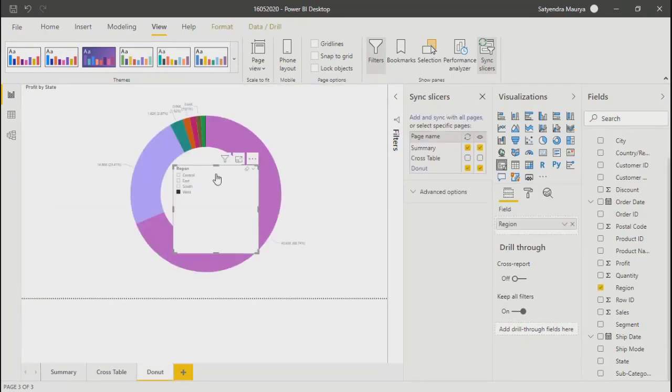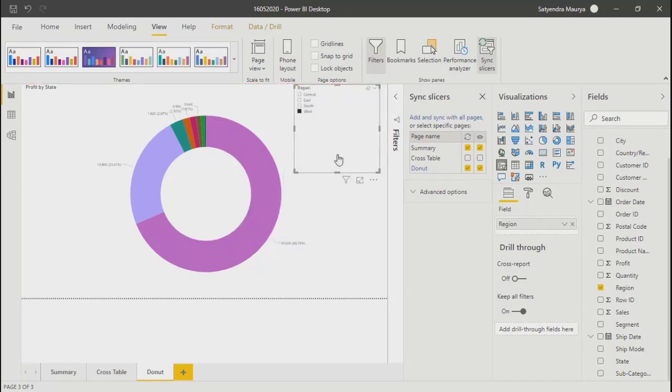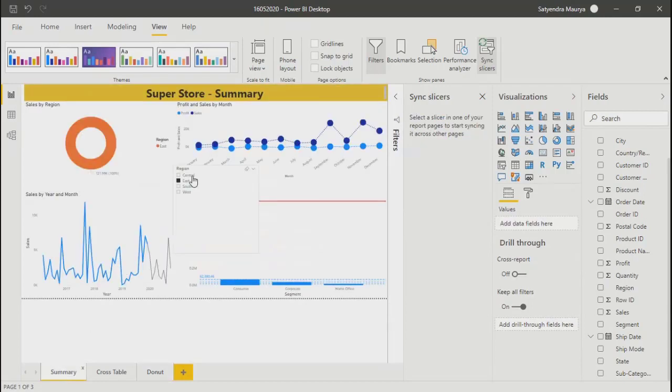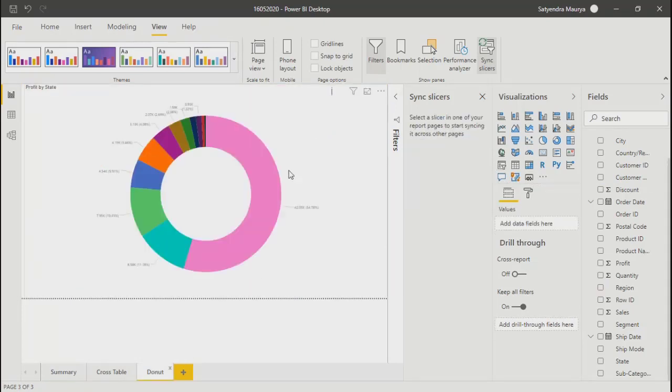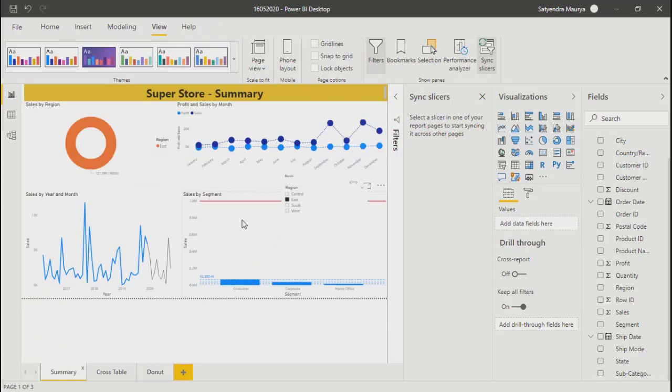You can see it's appearing here, and you can filter your data however you want. I've selected East, and we'll go to summary. The same thing will be selected here also. Let's say I uncheck this, so on donut it will not show, but my filters will work accordingly.